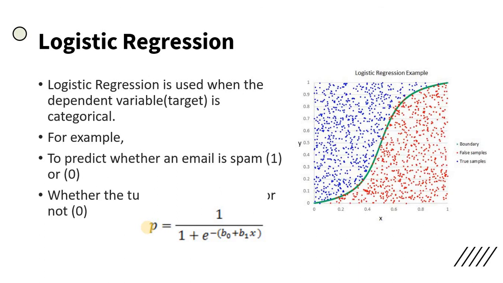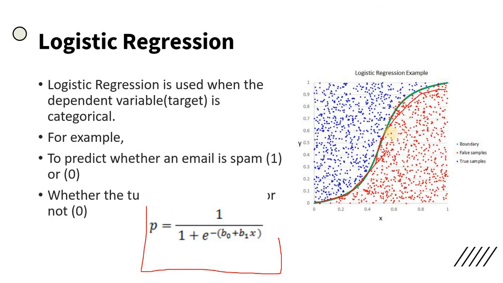Logistic regression is used when the dependent variable is categorical. As I said, the dependent variable needs to be categorical, for example to predict whether an email is spam or not. The equation for logistic regression is something like this. This is just an example; for each and every problem the equation is different. It is not in linear form, it is nonlinear. Here we are classifying two kinds of data by drawing a nonlinear curved line.